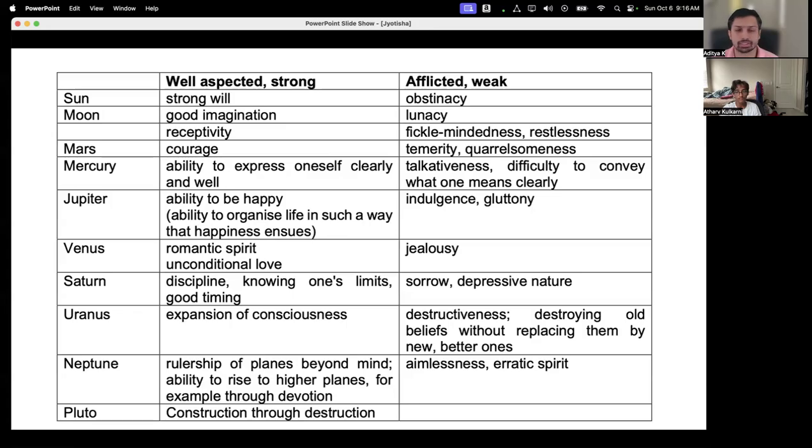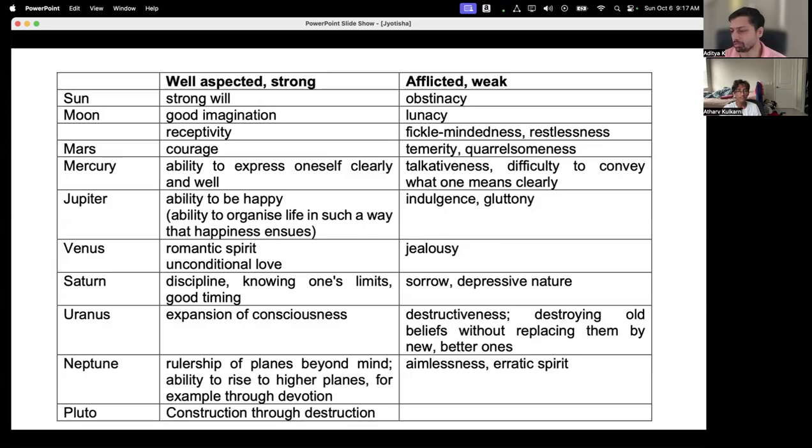Now, if Shukra is not good, or that's why I keep saying, if the person is not vibrating, there is no question of the Graha being not good. It is a question of the person not having the right karmas to vibrate to that Graha in their past. So if Shukra is not good, then that leads to jealousy. Very simply.